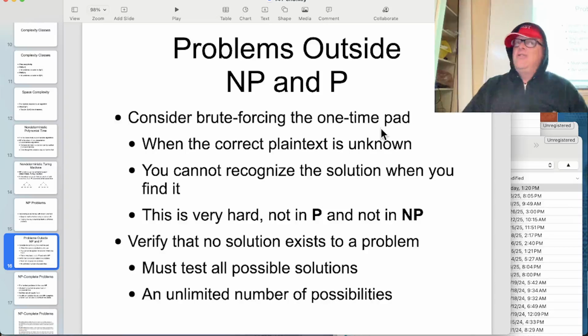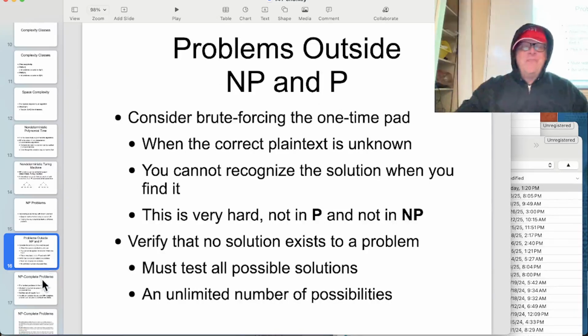Now, normal encryption algorithms like AES have the property that if the key is wrong, you get random garbage. It will only turn into readable text if the key is right. But that is not true of the one-time pad. The one-time pad will create many readable messages, all possible readable messages, so there's no way to tell which one is right. So this is outside NP. You can't solve it even with a non-deterministic Turing machine. You can't solve it at all. It's just plain impossible as far as anybody can understand if you don't have the key. So that's interesting. That's why it's not true that every problem is in either NP or P. There are problems that just can't be solved at all.